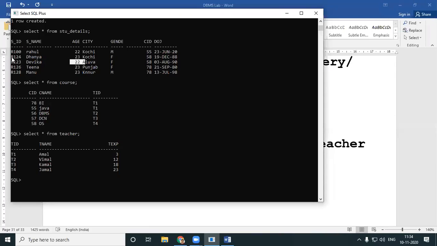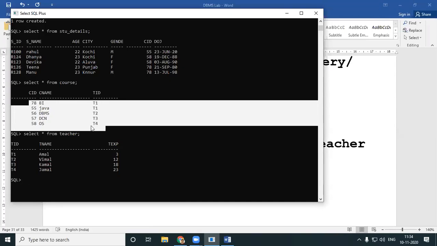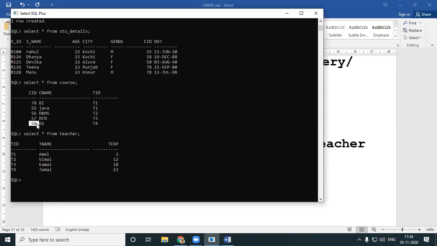So let's come back. I took Dhanya, CID 58, foreign key. Jump to the next table. Check the whole table and find out where you have 58. I got it. So I got the teacher with ID called T4, but I'm not happy with the ID. I want the name of the teacher.